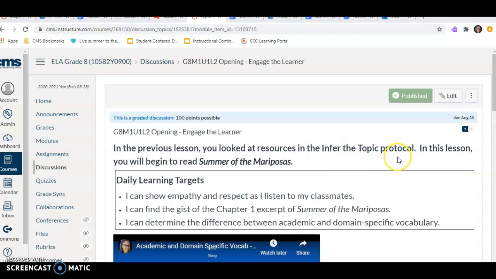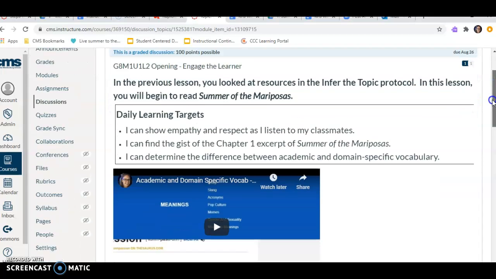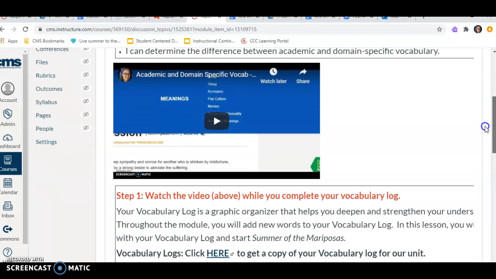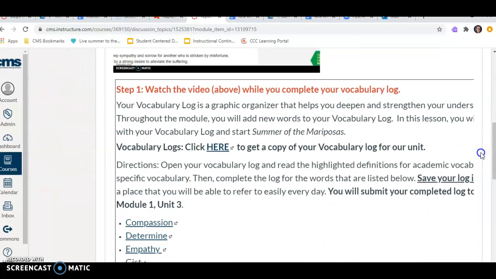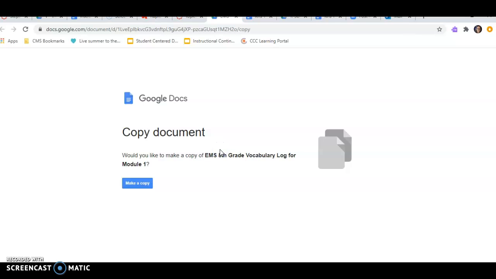Okay, so you already created your folder for Summer of the Mariposas, and now it's time to make sure that you're organized with your documents and that you know how to put them in that folder. So, for example, you have a vocabulary log and you will also have a gist log. When you first open your document,